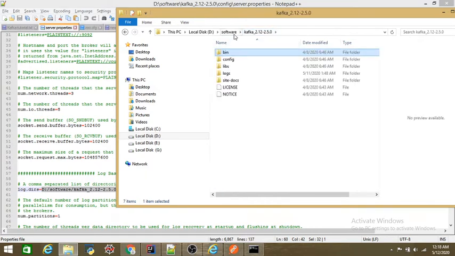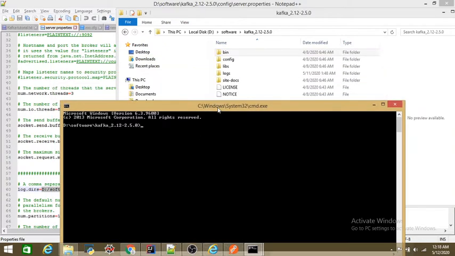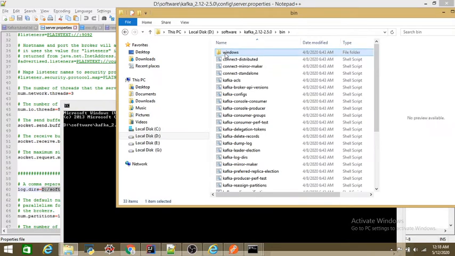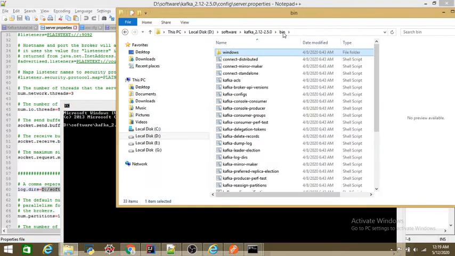For that I'll be going to this main path, and you need to start this server. Because we have seen the server is inside Windows and then Kafka server, just navigate to that. So you go to that path, and then space. Here I need to provide the log path, because at the time of starting the server I want to see all the logs tracked by this. So you can see logs are one step back.